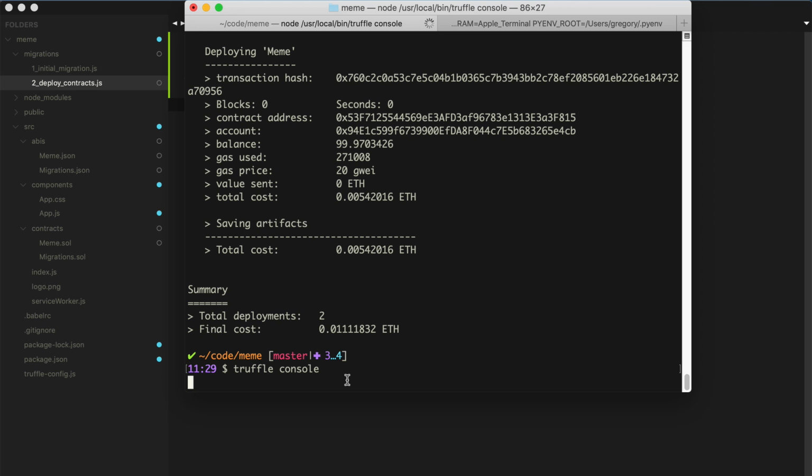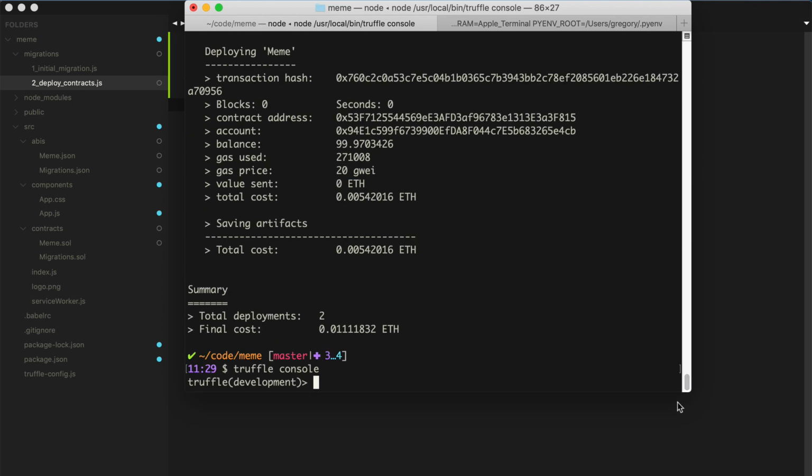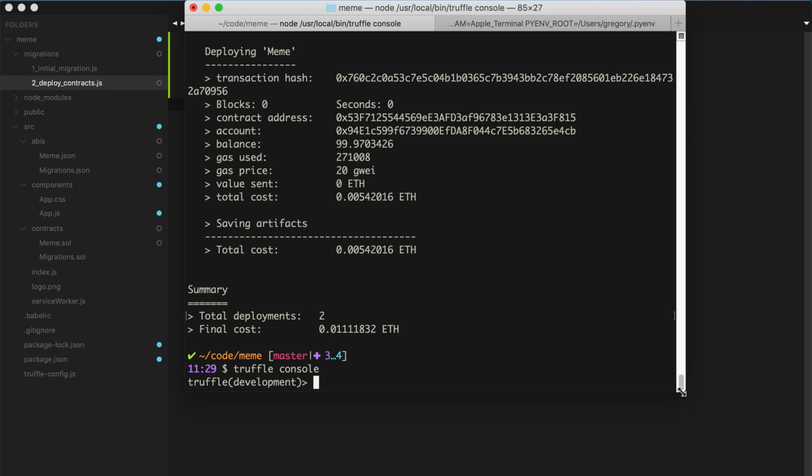And what this is going to do is give us access to a JavaScript runtime environment where we can talk to the smart contracts with JavaScript and run commands, call its functions, read information about it, examine the behavior. Anything you do in a normal console, you can do with the Truffle console as well with Node.js, okay? So I'm going to